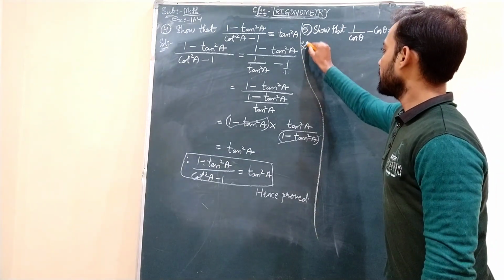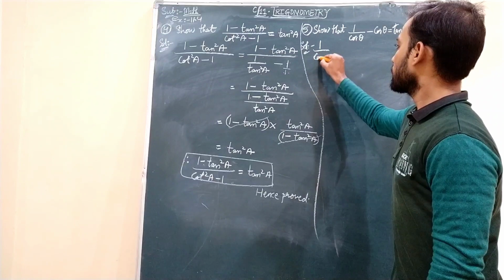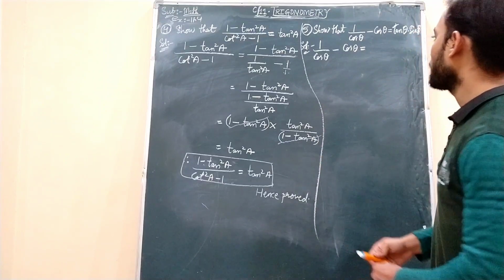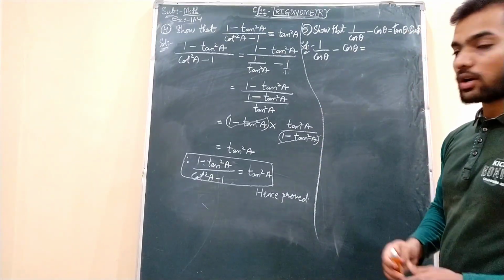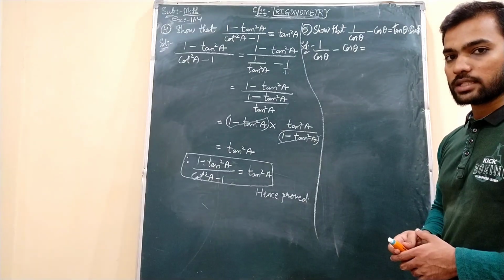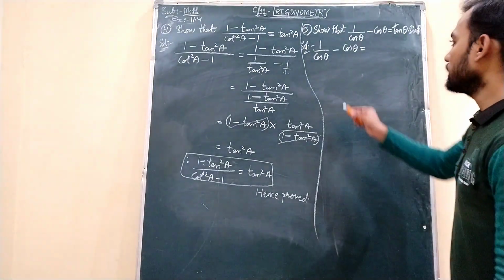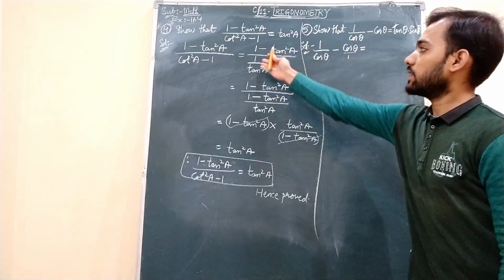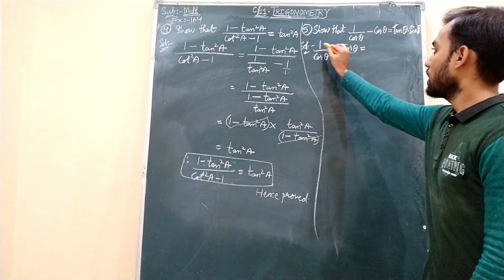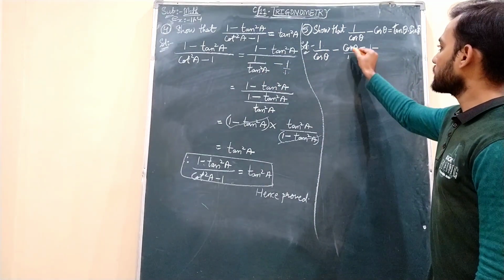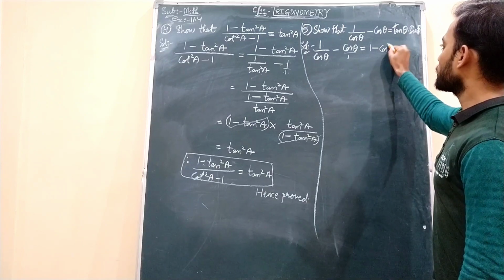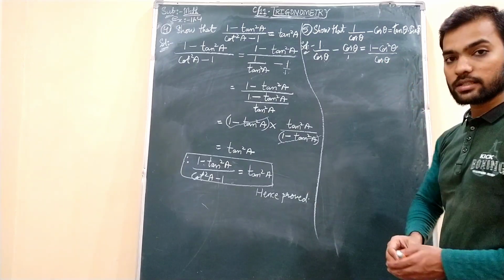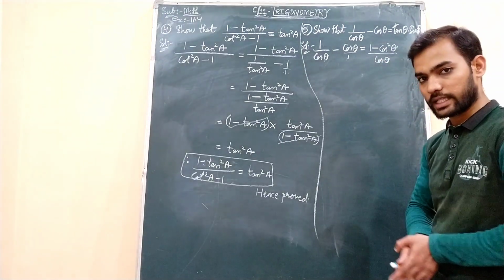So here also we will take LHS, 1 by cos theta minus cos theta, equals to, here we have to get on RHS side tan theta into sin theta. Okay students, so what we will do here, if there is nothing in the denominator, 1 remains, right? So again same as we did here, numerator cross denominators direct, that only we will do. 1 into 1 is 1 minus cos theta into cos theta is cos square theta whole divided by cos theta ones are cos theta. Okay students, we did numerator cross denominators direct multiplication.